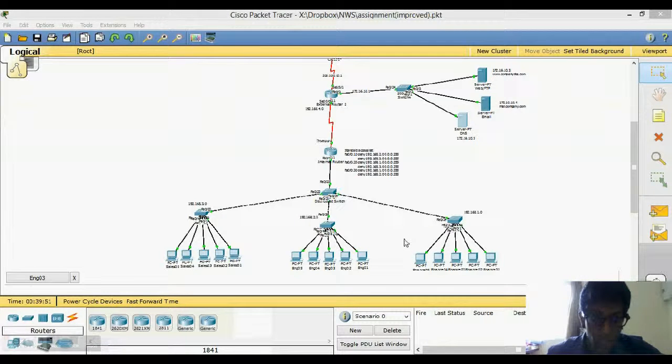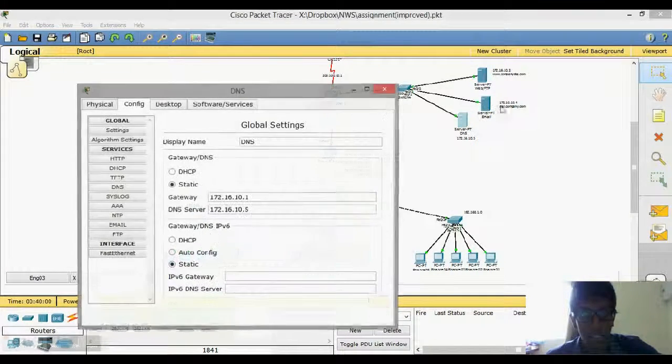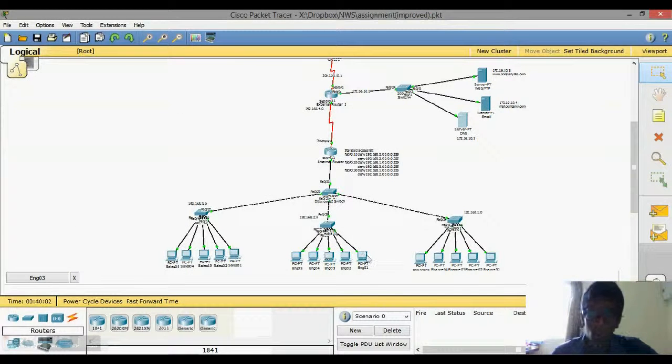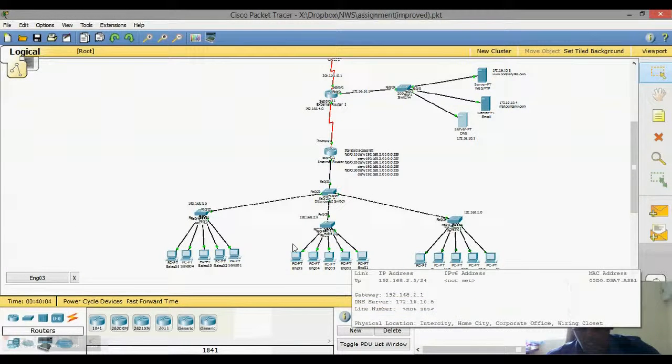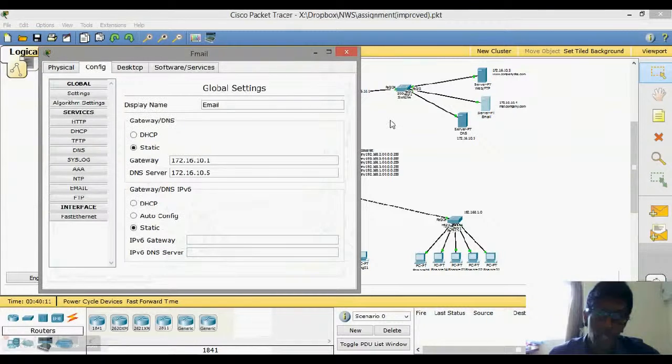As we can see, the finance department is not able to send because it has not been saved under the email nor the DNS server. In order for me to send the email or check email from the engineering department to the sales department, first I have to check whether